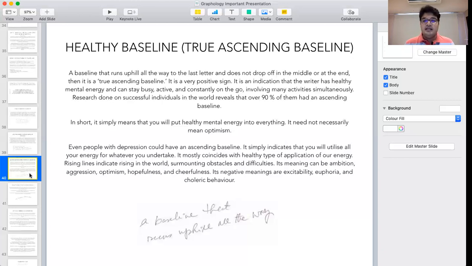Basically, somebody who would get excited at a snap, that okay, this is the greatest thing in the world, oh, let's do this, right? So that kind of behavior, if it is overdone, can also fall into that negative strata, and that's what we associate with a true ascending baseline. That's a healthy baseline which is going upwards. But more often than not, it has more positivity than negativity. So in this particular example over here, all right,